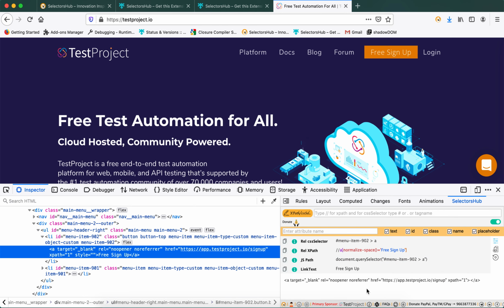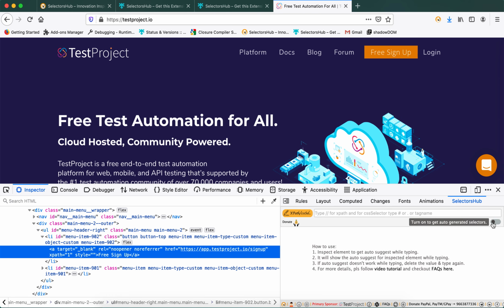Now, what amazing innovations does it have, and what new things have you never experienced in the history of selectors, XPath or CSS selectors or anything? Let me show you this. Because most of us believe that we should write our own selector, our own XPath. Yes, it helps you build your own XPath without compromising your learning skill, and this is the tool which helps you learn more about selectors. So how can you learn? For example, if you don't want this auto-generated view, you can just turn it off at any point.